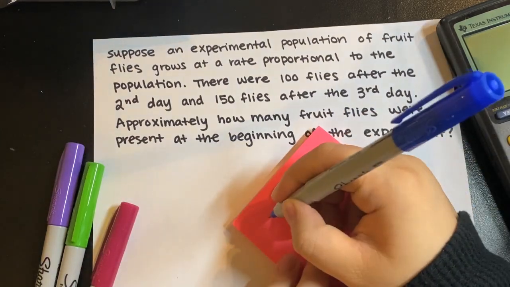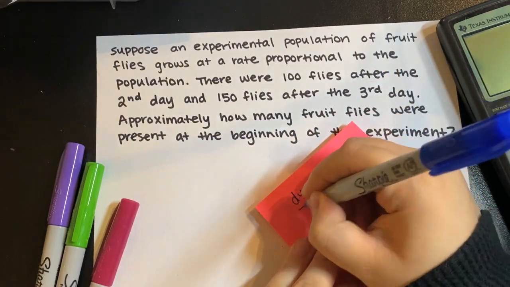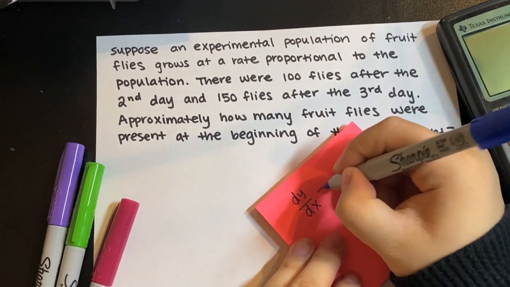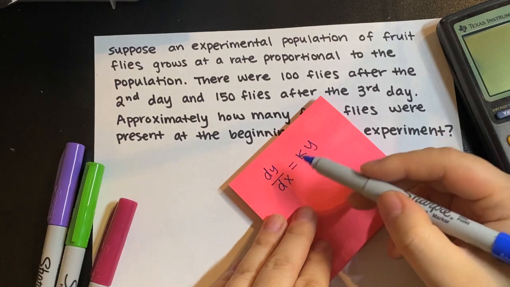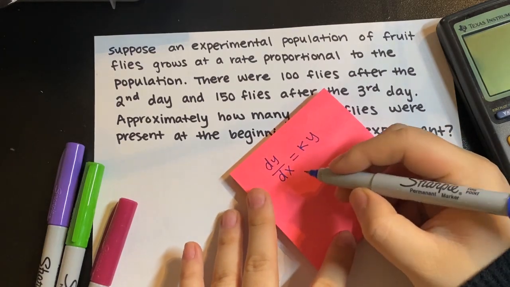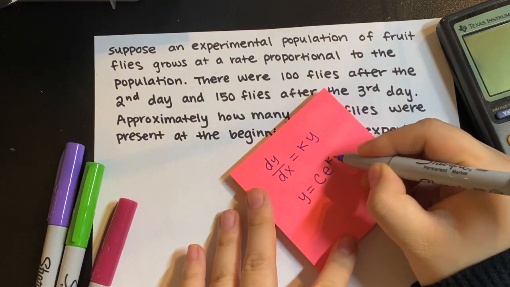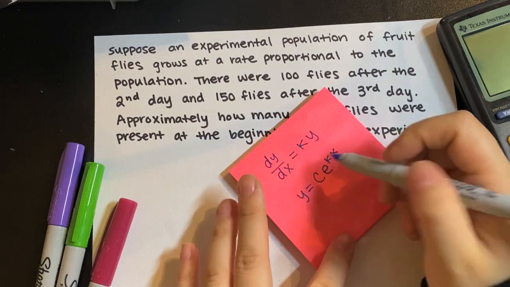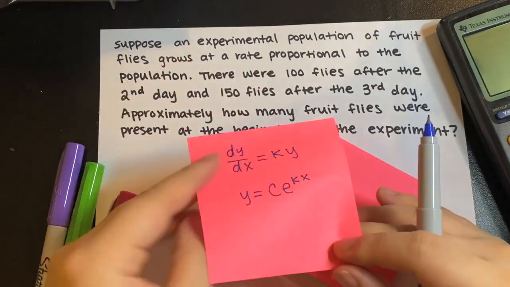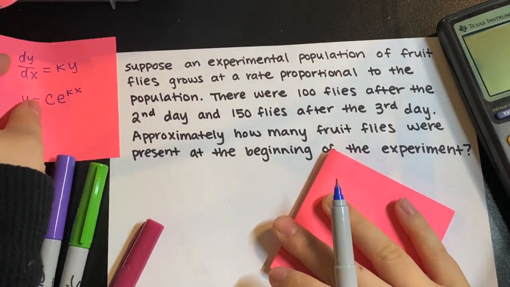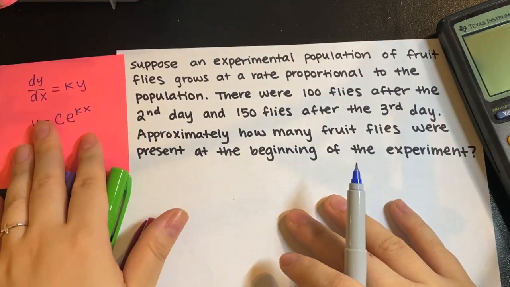So we're just going to write it out to keep in the back of our minds. We have dy/dx, and we're going to be flexible and interpret what that y and x mean. And also we'll have y equals C e to the kx in this case, but t, time, in general. So we're just going to keep that there, but we're not going to rely on it only. We're going to run through the derivation again for this question.